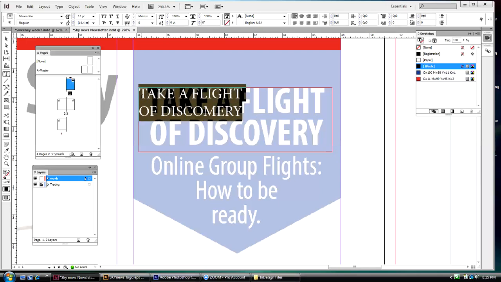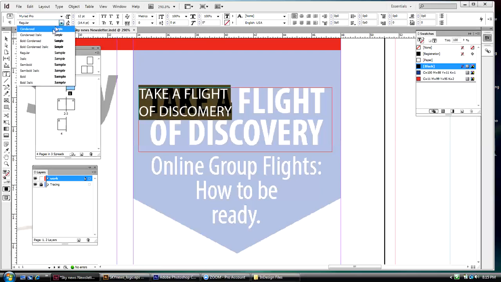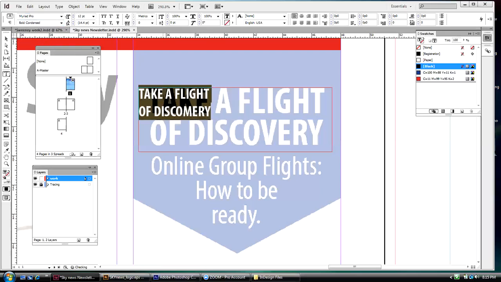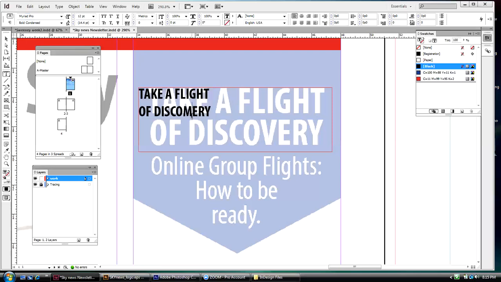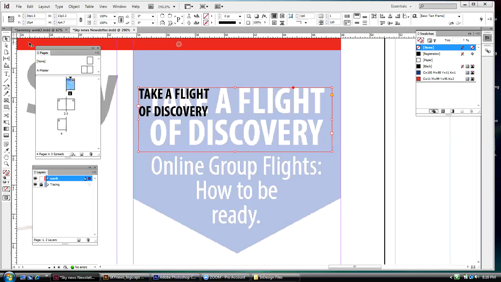Select my text, and I happen to know that I'm working with Myriad Pro. So I'm going to change that from your M to a B. Yeah, change your M to a B. I'll fix it. Myriad Pro. There you go. And it's going to be Myriad Pro, and it's going to be bold condensed. Okay? Then all I need to do here is make sure that my text is sitting